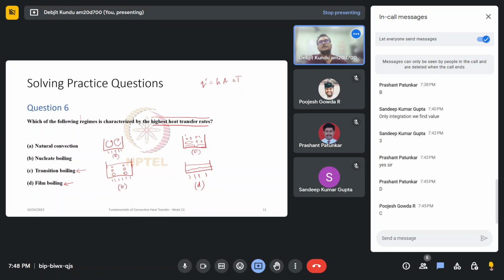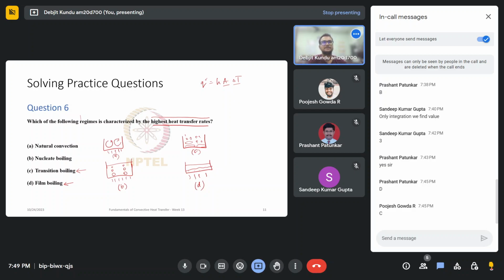So in case of natural convection, the delta T is the lowest. So only for 5 or 10 degrees Celsius temperature difference, we get these situations of natural convection. So over here, the heat transfer rate is not as much. In case of nucleate boiling, this delta T is higher, as well as the area is relatively high as compared